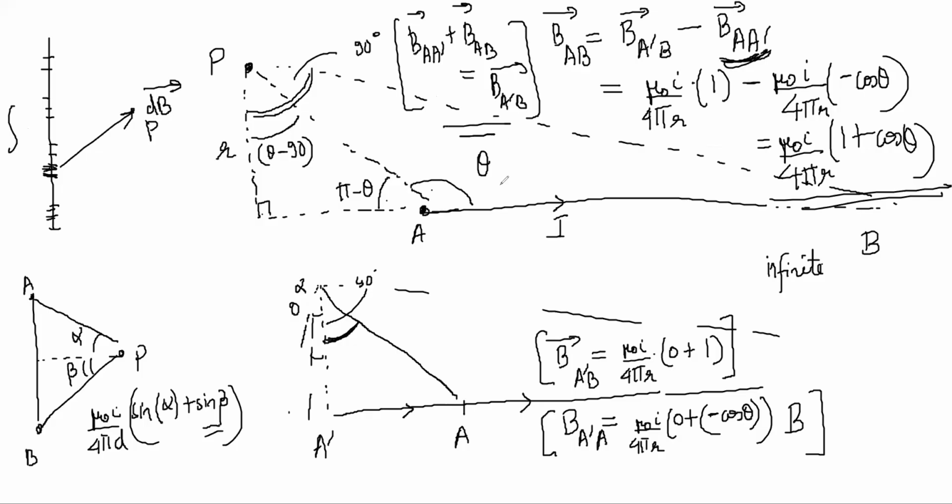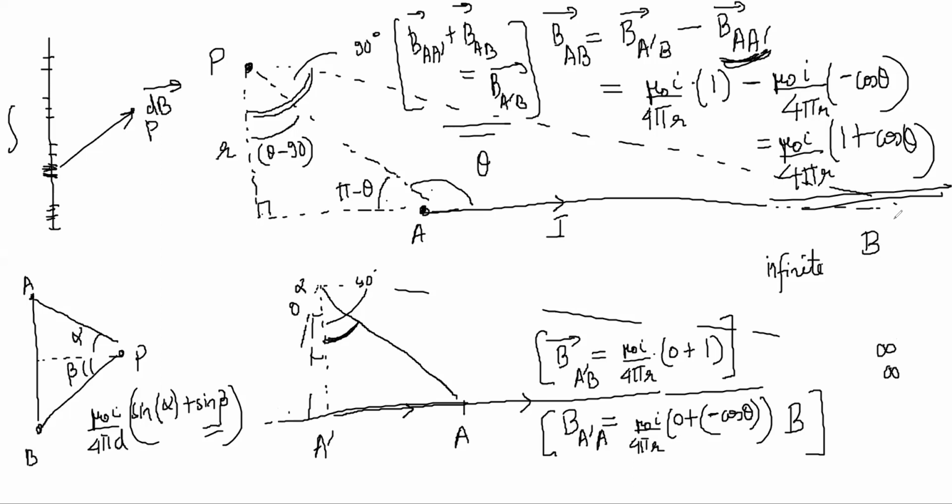But if you see, sir, A dash B and AB are of the same length. Oh, they both are the same length, because B is extending so much. Then there is no need to find the field, right? Then every field is the same. Keep taking different wire lengths, because it is infinite. Everything infinite is the same as infinite, right?